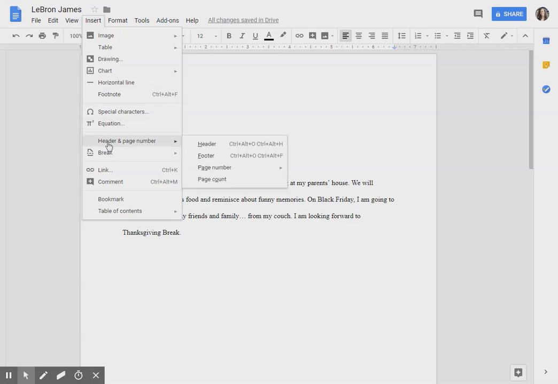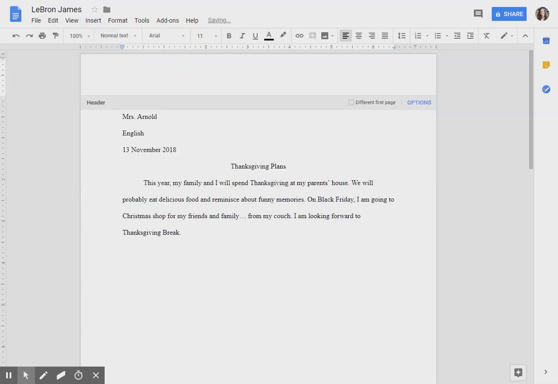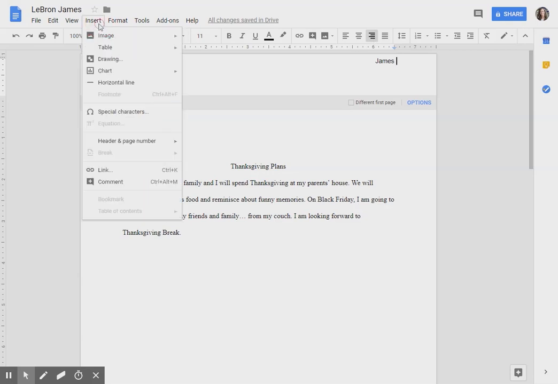Okay, so the last thing that we need to do now is do a header, which would be Insert, Header and Page Number, and Header. And to get your name and the page number over here on the right, I'm going to right align, because this is LeBron. And then I'm going to type my last name, hit space, and then I'm going to insert a page number. So I'm going to come back to Insert and click Header and Page Number,